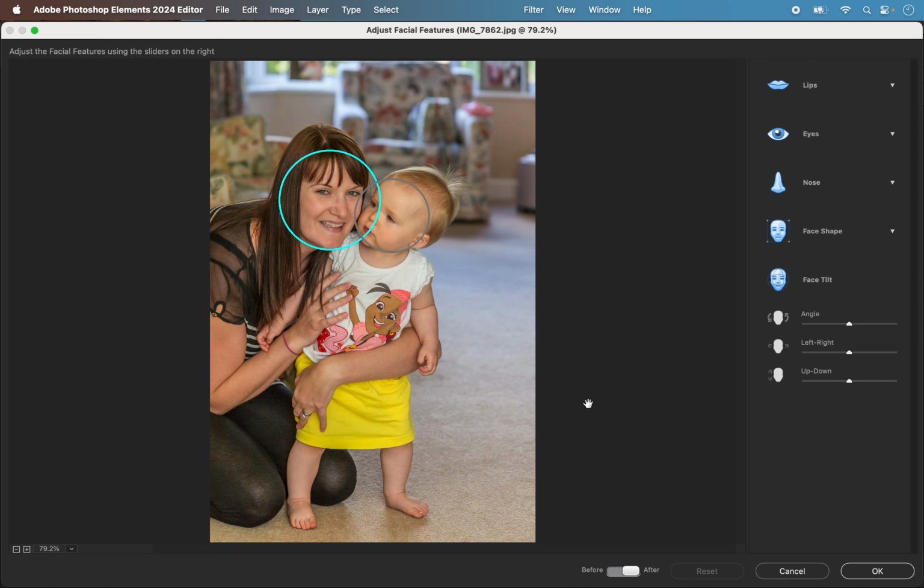So on this particular photo, I'm going to push the angle slider all the way to the right, and you can see how it moves the face. And left-right again, and that gets it even closer. And up-down, moving that one to the right, that brings almost the eyes in direct line, and as though they're looking at each other. I can move the focus onto the little girl, and I'm going to just move the up-down one, this time to the left, and that pushes up the eyes of the little girl,